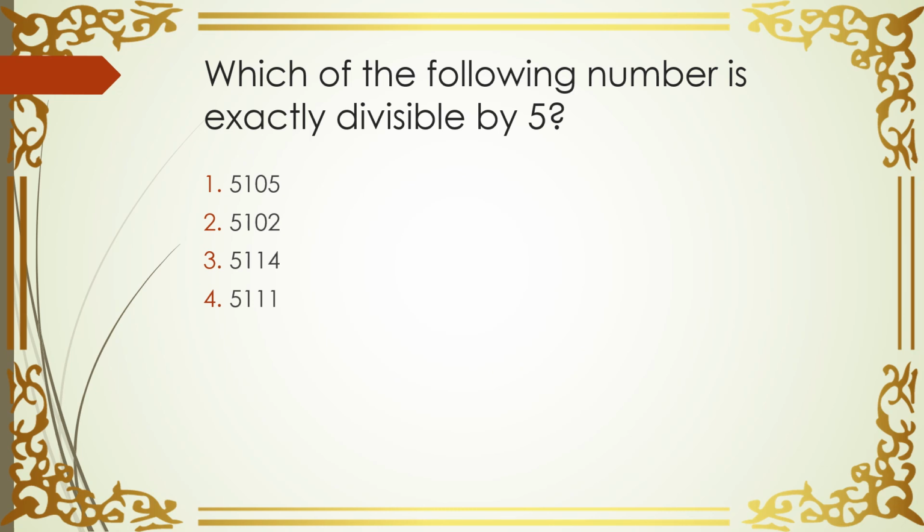Okay, so we know the test of divisibility of 5. It should be either 0 in the units place or 5 in the units place. So option number 1 is the correct option, because the rest do not have 5 or 0. Here there is 2, here 4, here 1. So the correct alternative that we have is alternative 1, because it has 5 in the units place. Alright. So the correct alternative is 1.